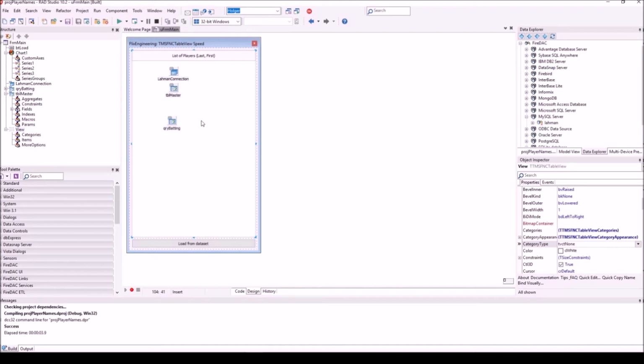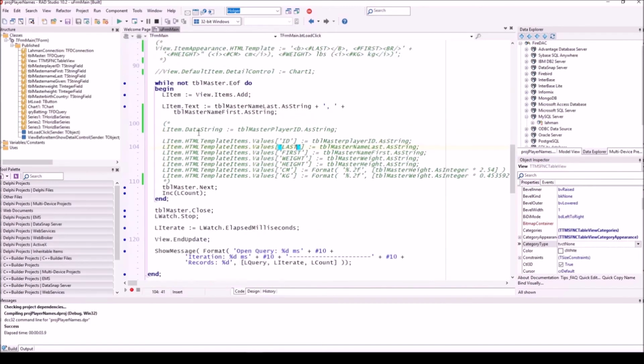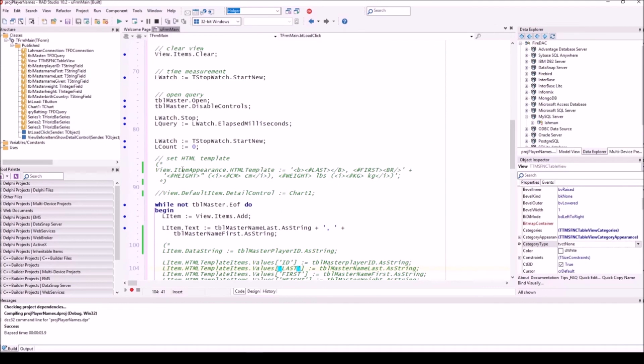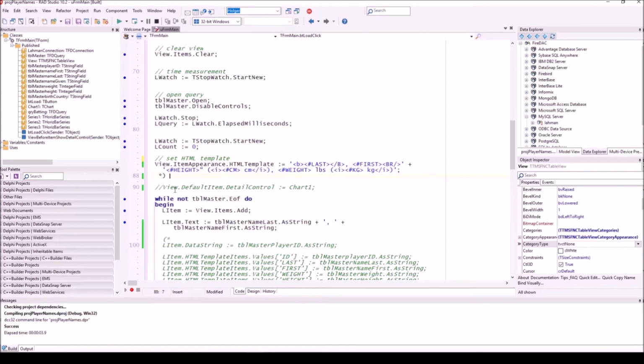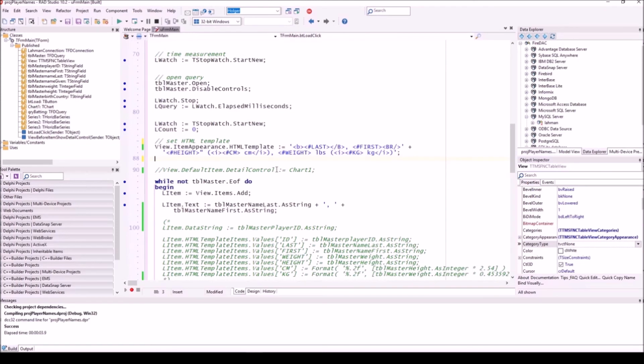I want some kind of eye candy in there, because most of the items inside of a table view, yes, you're right, they have images or they have some kind of bold, italic, and they usually not only show one piece of information. So for that, the table view offers HTML templates. So we are going to assign a default HTML template, and we're going to use the HTML template like in